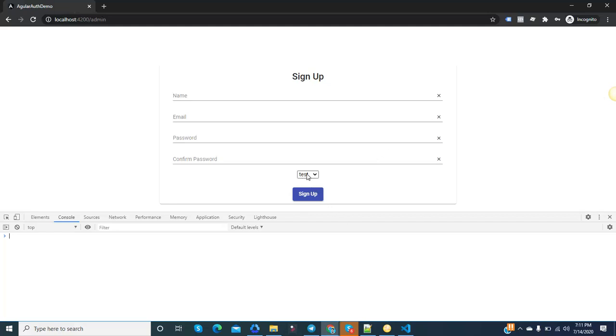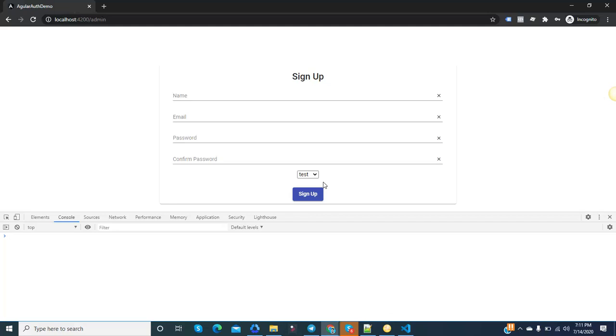If you want to make this drop down read only, then you will face some challenges. If you do the disable, the problem with the disable is that during the form submission, the value of this field will not be submitted. So in this case, you need to use a hidden input field, where the value of the select box will be available. So during the form submission, the value of the drop down will be submitted through the hidden input.